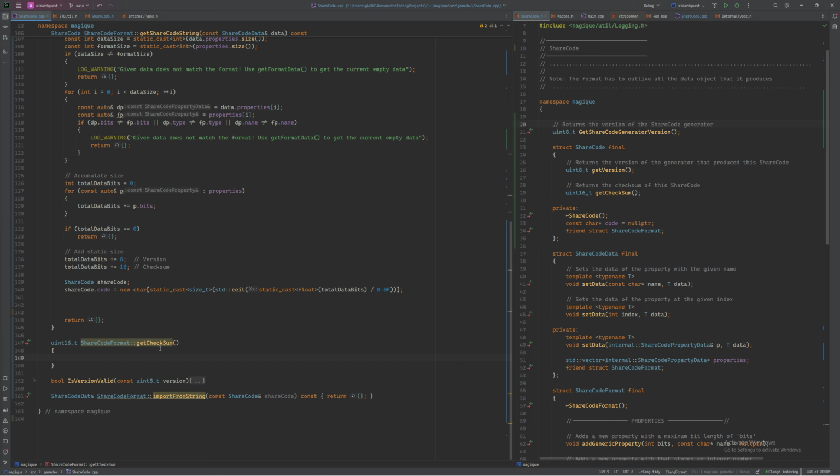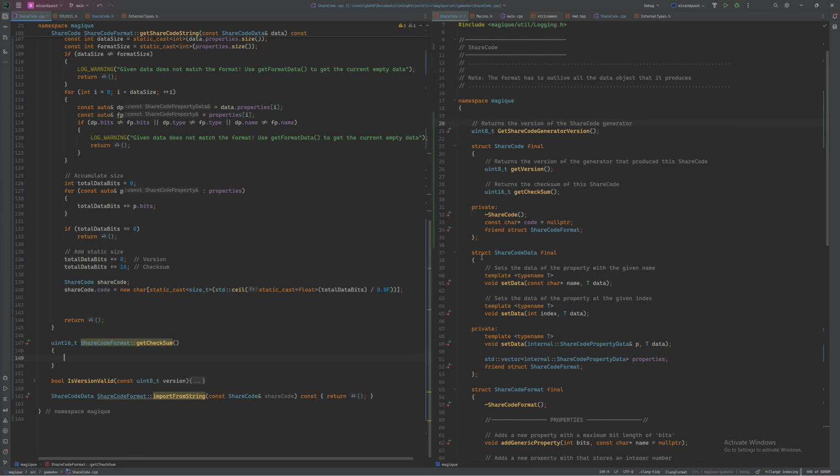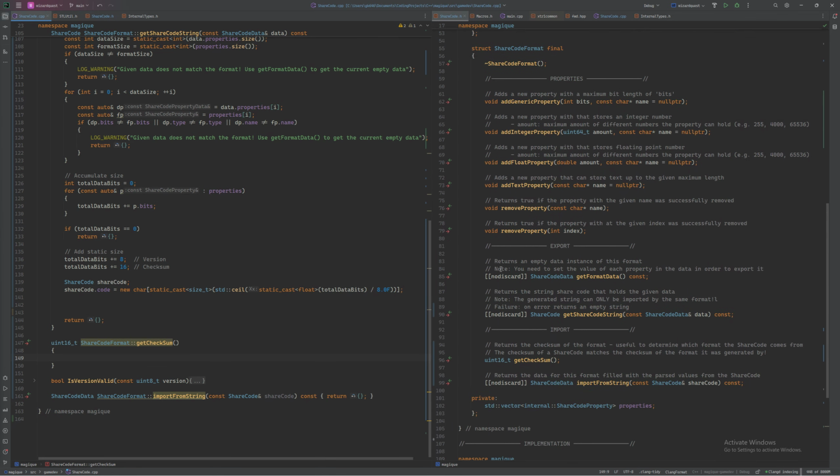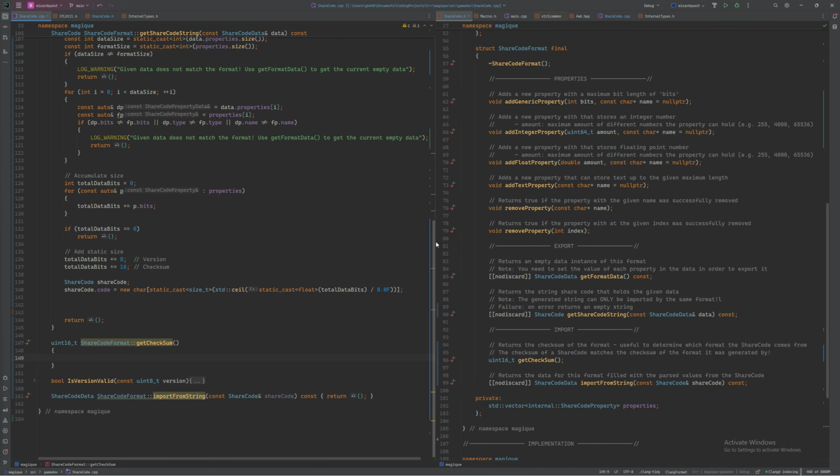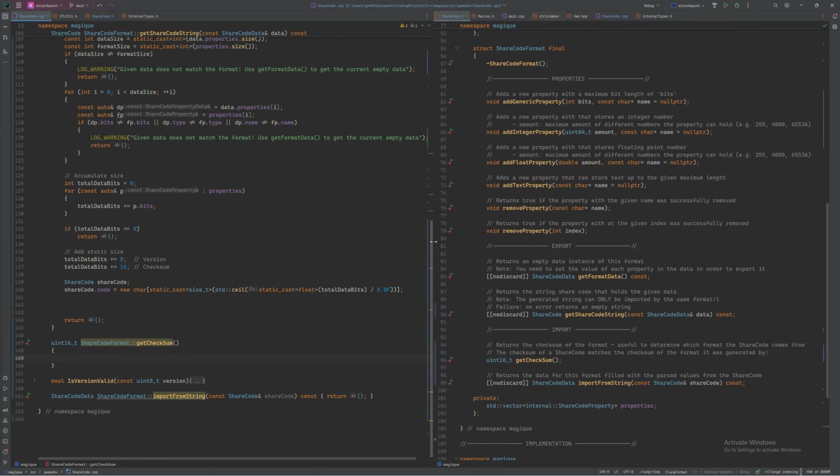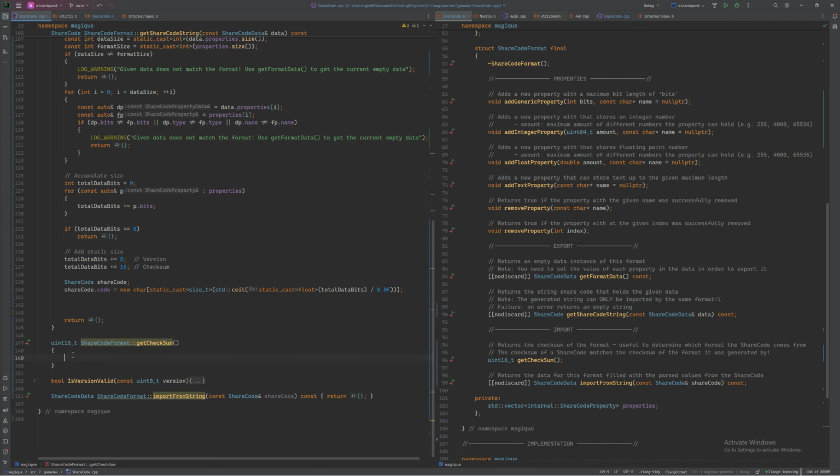So the checksum is basically like the hash function. I mean, I guess there's no real hash function. No, there is actually in C++, of course. So like the hash implemented for your type, like in Java, the override. So you want to acknowledge every unique element, or every element actually of this class, and incorporate it into the hash, because later on it's used